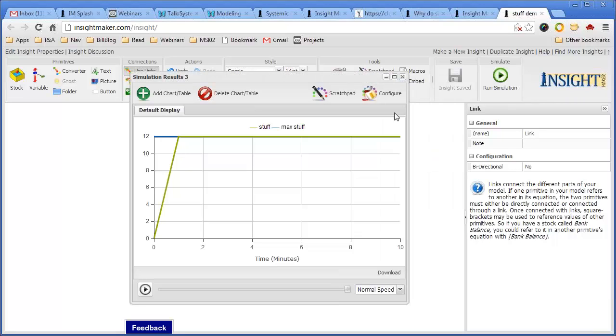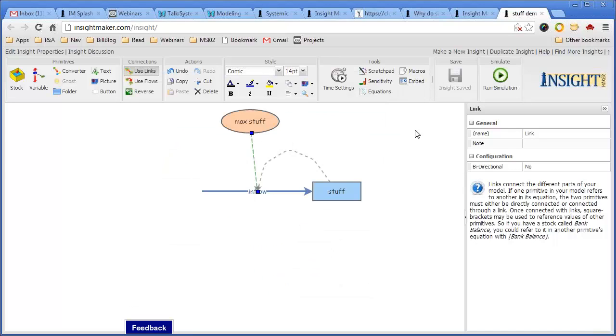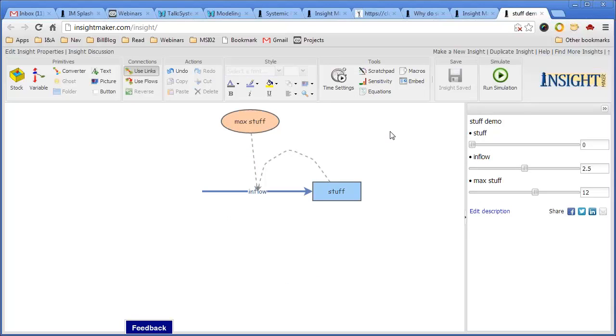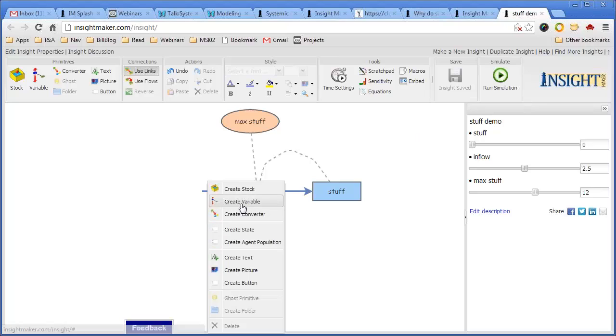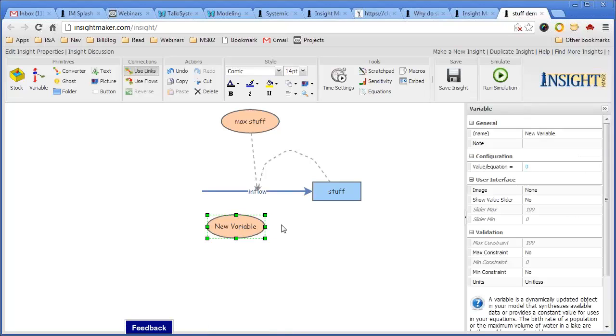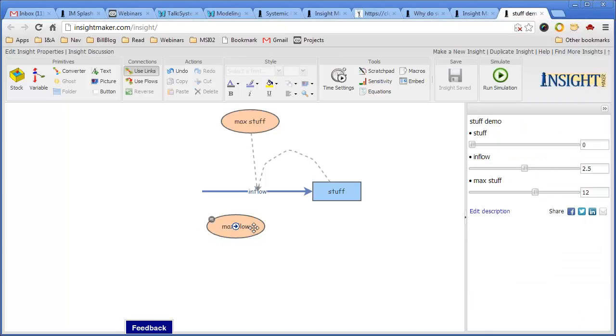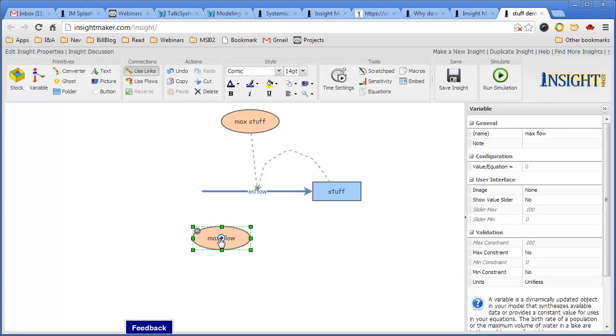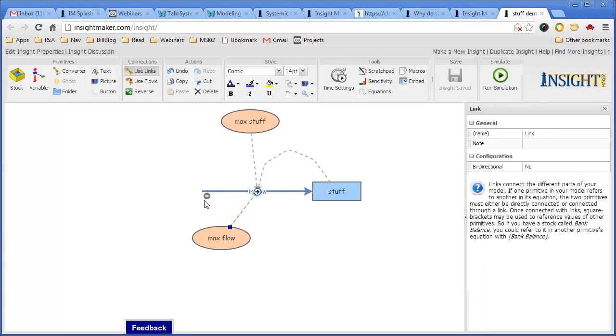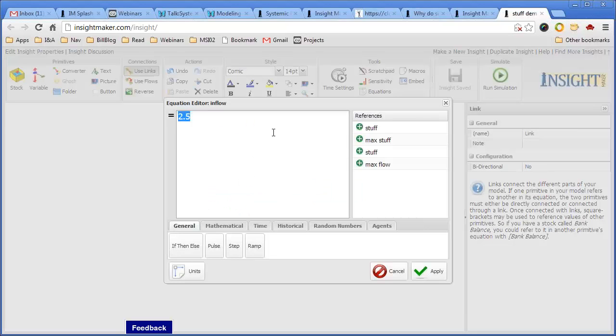Though we think this is probably unrealistic because in most situations there's a limit on the flow itself, in terms of it can only flow so fast. So let me go ahead and define another variable called max flow, and also connect that to the flow, and now change